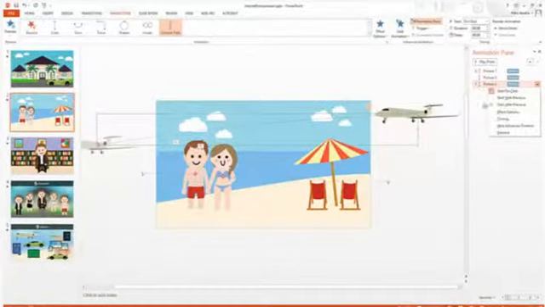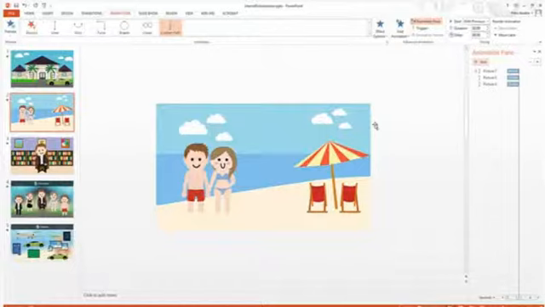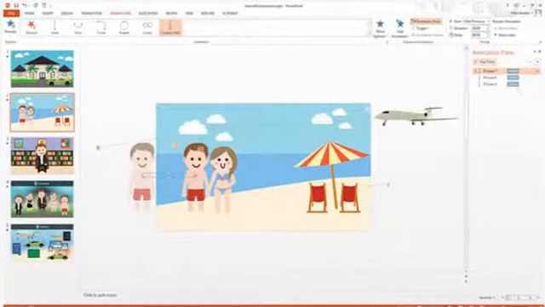But let's say we wanted this plane to fly across the screen at the same time as these characters. Then in this case we can say start with previous, which would mean start with the animation of them walking onto the beach, or start after. So let's see what happens if we go start with previous. So the plane, you can see, flies across the screen at the same time as they walk onto the screen. So that's how simple it is to add